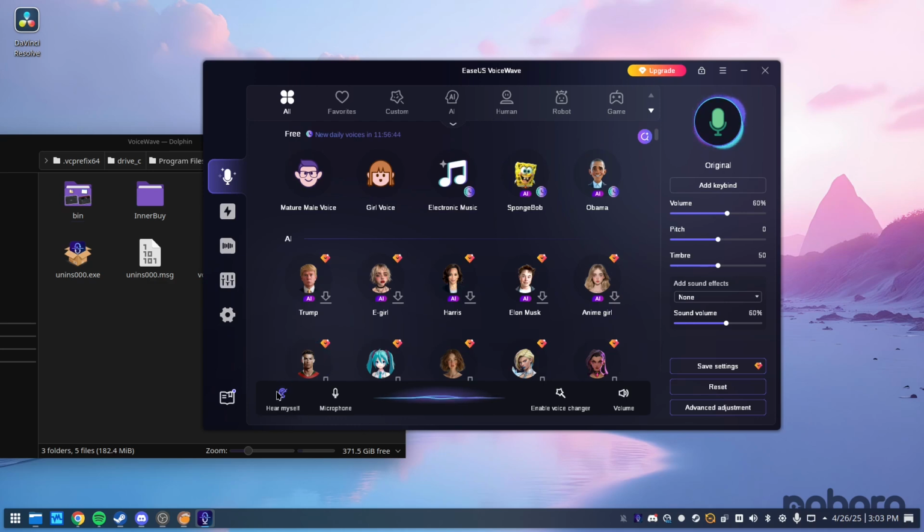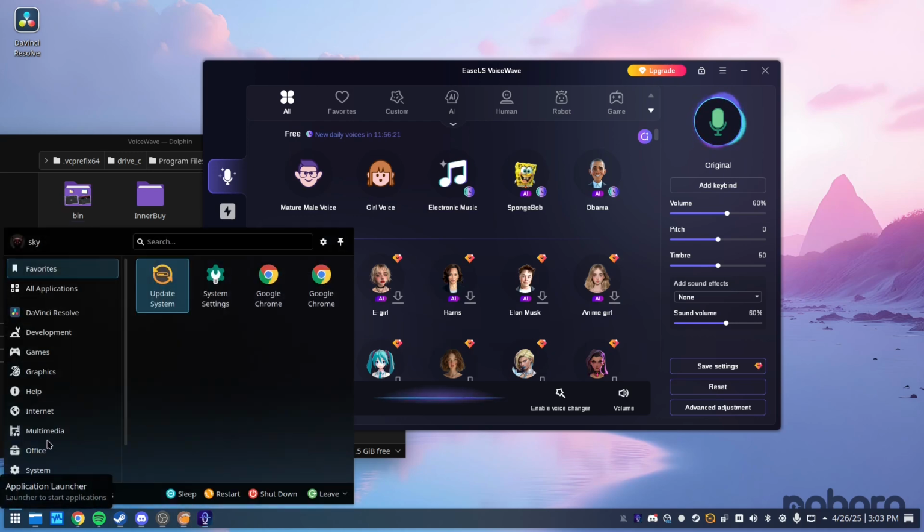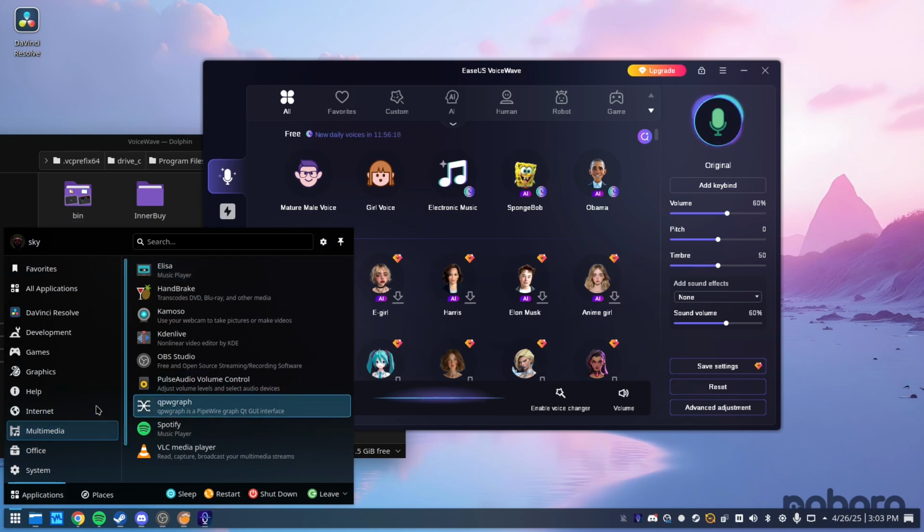So basically what we're going to be doing is using the program without a virtual mic, using our own virtual mic, so to speak, and using the hear myself option in order to take that sound and pipe it through to wherever we want to go. So the software that we're going to need is called QPW Graph. I downloaded this from FlatHub,